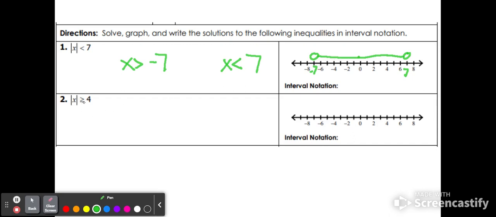Let's look at another. X is greater than or equal to 4. So 4 steps away would be here. And then more steps away from 0 would be in this direction. 4 steps away from 0 would be here, and more of them would be this direction. So what's our answer here? Well, x is greater than or equal to 4, just like